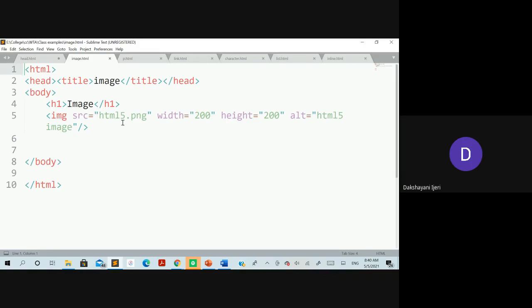Since this image file is within the same folder, see, the image can be in the form of a png or jpeg, right? Within the same folder, that's why I have included only the name of the file here, right? Along with that, you can see here two more attributes have been used. So for what purpose are these width and height attributes used here?